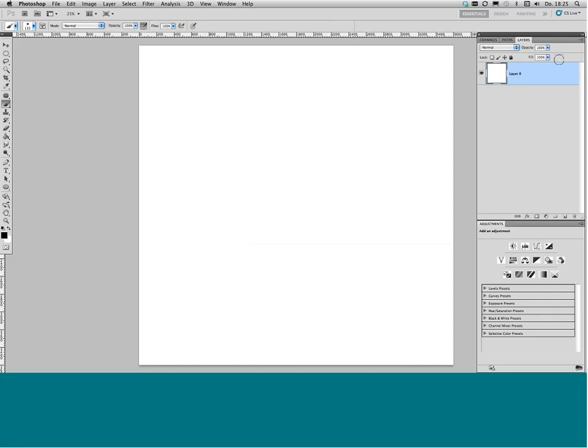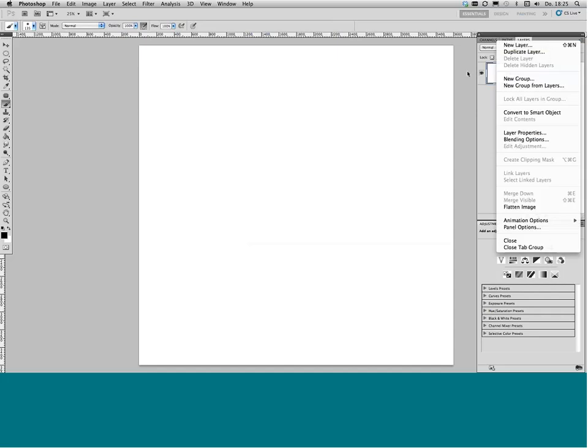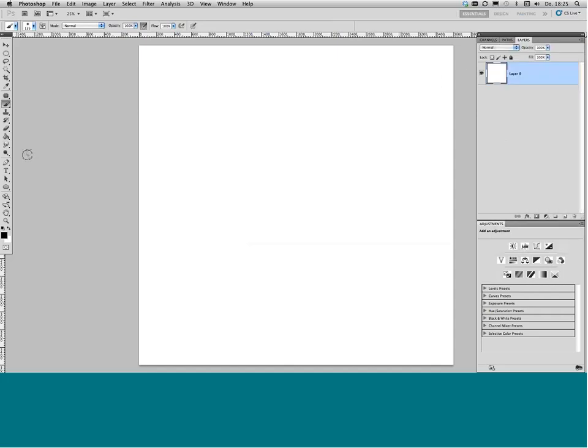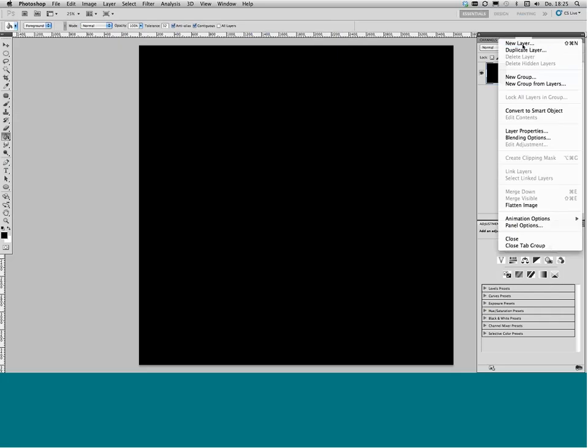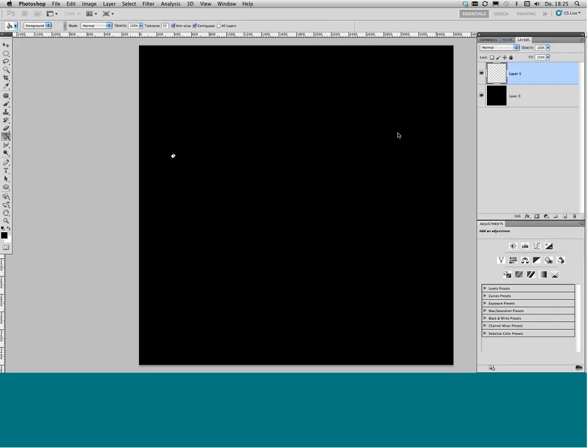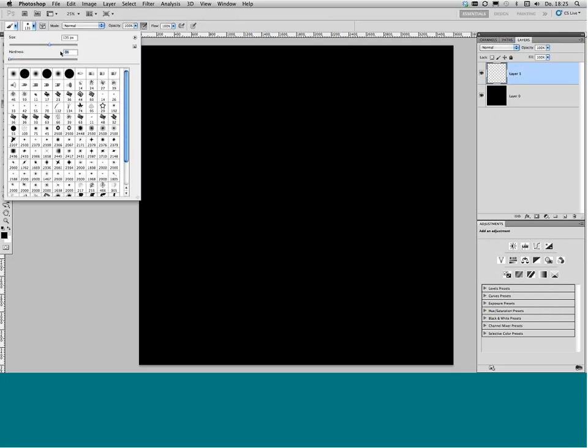Now we are going to need a black background because we're going to paint or we're going to draw white smoke. Otherwise, we won't be able to see it. Now let's add a new layer for our smoke. Select the brush tool. Make it very soft, so it's 0% hardness, and choose